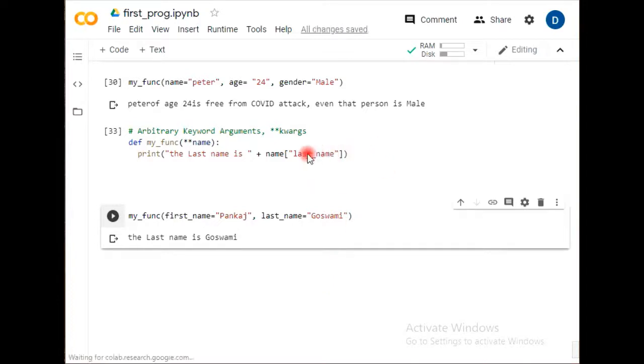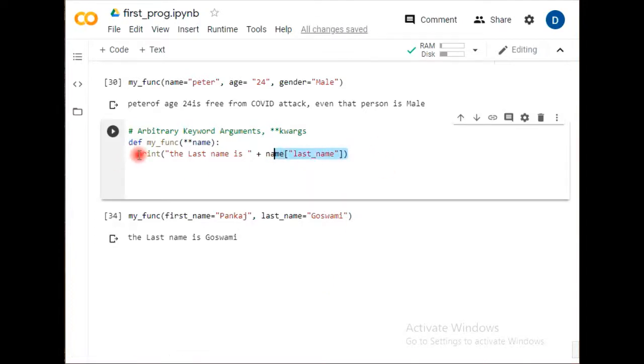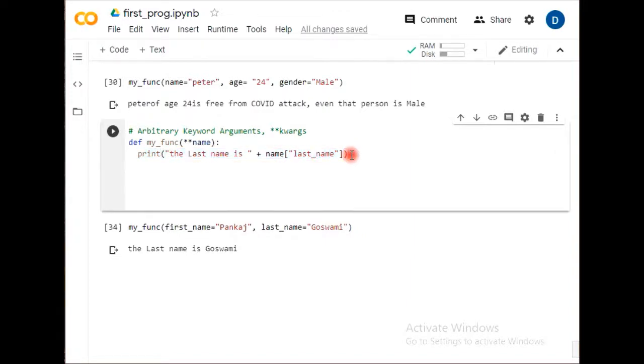Simply, I can call this one also, copying this one and printing. Instead of this, right now I'm writing here first, and instead of writing last, I'm giving the first keyword value, first name, and executing this one.